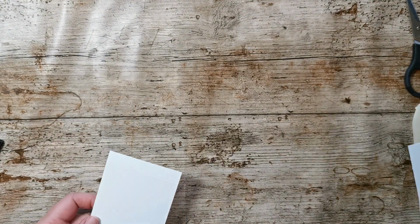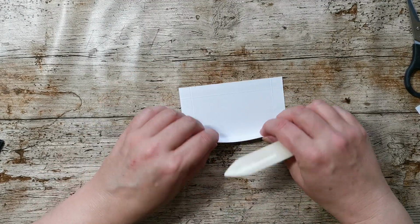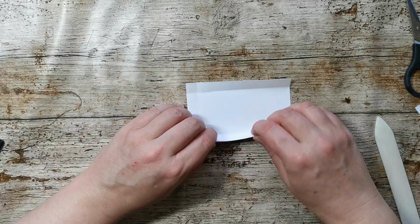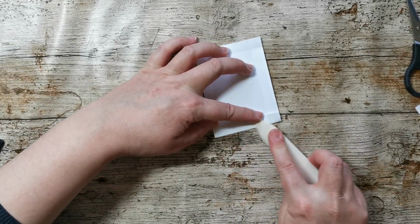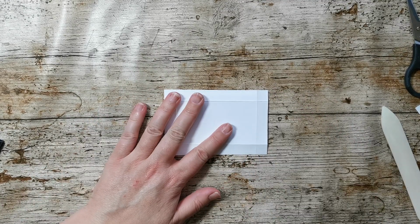Righty ho, that looks better. Let's fold and burnish again. I'm glad I spotted that. I didn't want to cut it. There's our score lines folded and burnished. And while we're here,